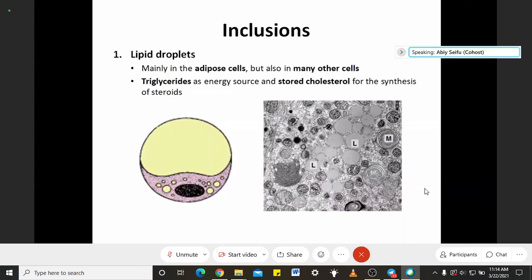Lipid droplets. These are nutrients, excess nutrients internalized into the cell, but they are not utilized. So instead, they are stored. Many cells have the ability to store lipid as triglycerides. So excess lipid you take will be stored in various cells as triglycerides, as small